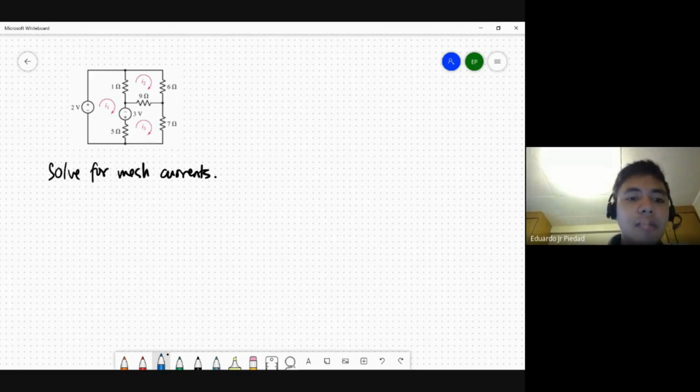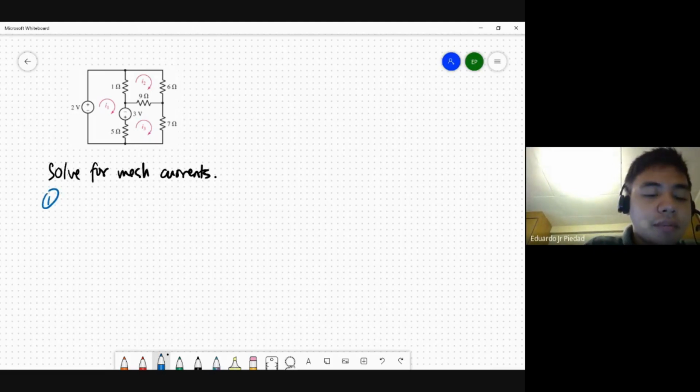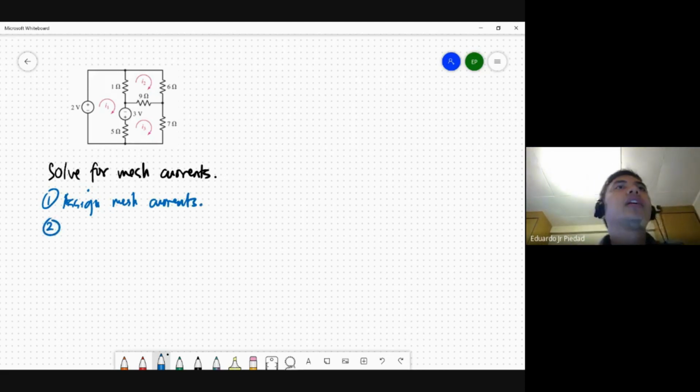The first step is to assign mesh currents. In the given example, we already have mesh currents I1, I2, I3 with the given clockwise directions, which is already done. The second step is to construct